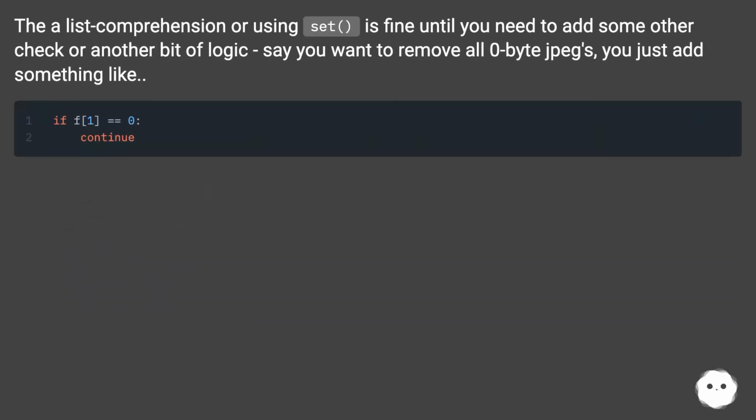The list comprehension or using set is fine until you need to add some other check or another bit of logic. Say you want to remove all 0-byte JPEGs, you just add something like